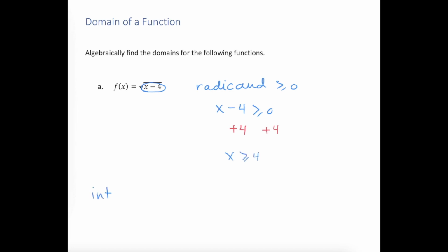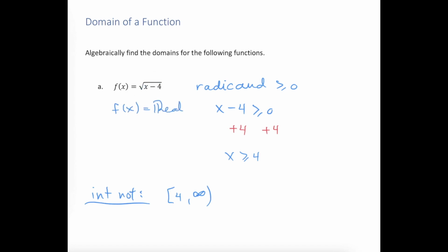We'll declare the domain in interval notation, and that is going to be starting at 4 and going off to positive infinity, which means that so long as the x value that I plug in is bigger than or equal to 4, we're going to have a radicand quantity that is positive and an output that is a real number,